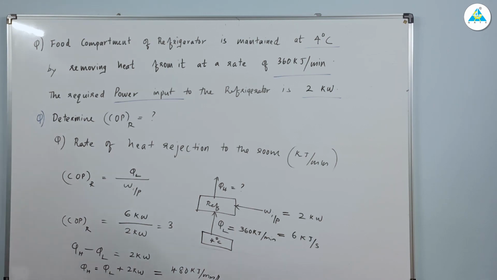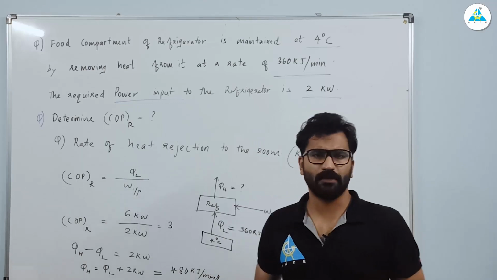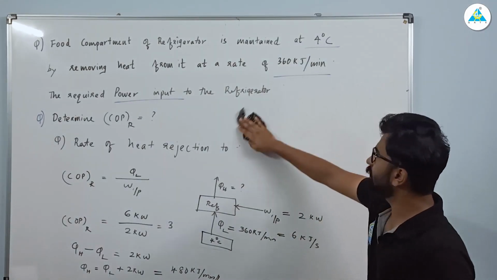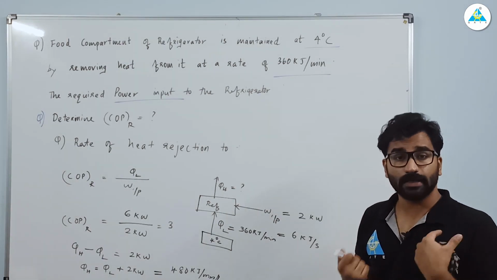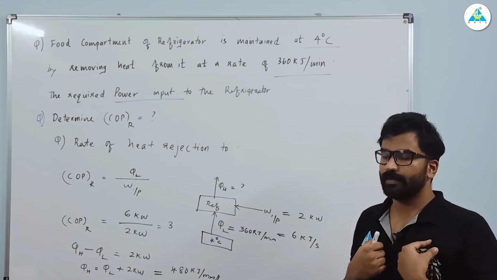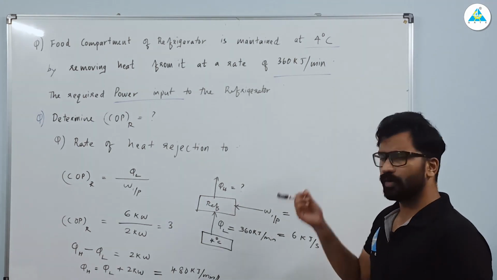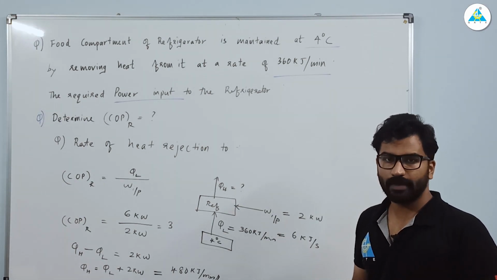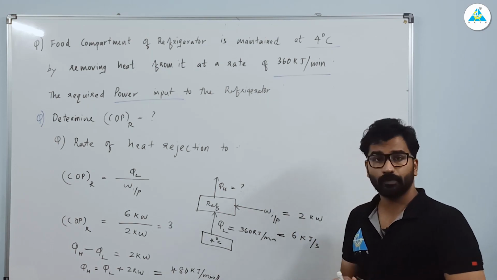Clear? Now, once this is done, what are the things left in this particular chapter? We have one more statement, known as the Clausius statement, and we have the Carnot cycle. You might have studied the Carnot cycle a lot of times. What is the importance of the Carnot cycle? That we need to study. So next class we will be discussing all the things. This is only the basics. We will start solving GATE problems also in the next class. So hopefully we will continue. Clear? I hope up to this is fine.